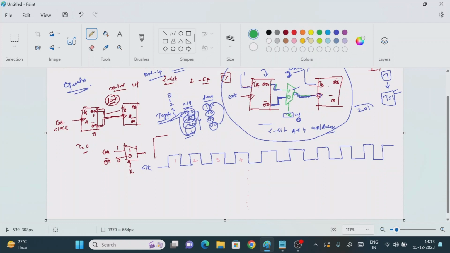To explain this operation, first I have drawn the clock circuit. So this is the clock circuit, right? Clock is nothing but zeros and ones, right? Now for example, see what is happening here. When x equals 1, it is going to perform the up counting operation. When x equals 0, it is going to perform the down counting operation. So for that, here we need to take the selection line also, right?